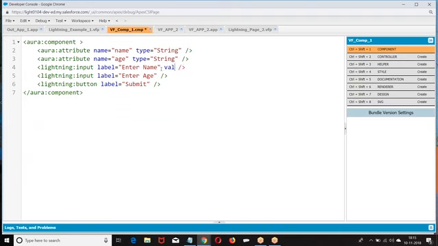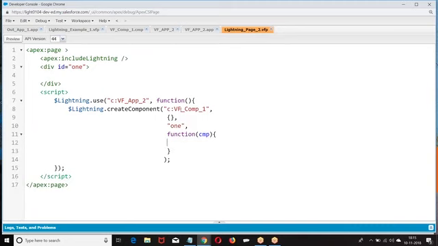I'm giving value equal to v dot value, value equal to v dot h. Okay. Now, at the time of calling a component, you have created a VF component 1. That component will be coming here.